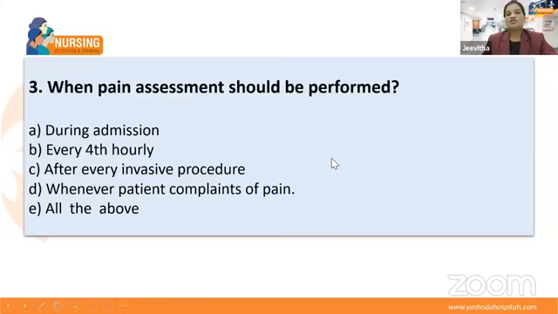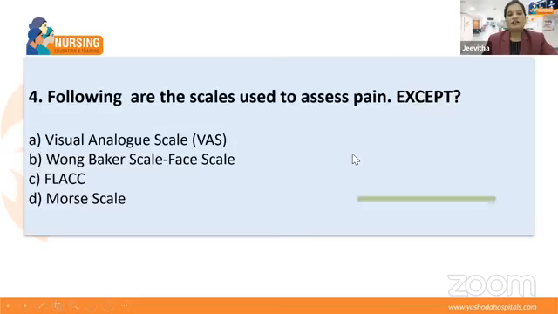So when should pain assessment be performed? Only during admission, or every 4th hourly, after every invasive procedure, or whenever the patient complains of pain, or all of the above? Yes, the correct answer is all of the above. Good. So last take home message,